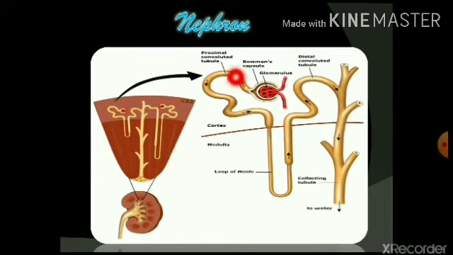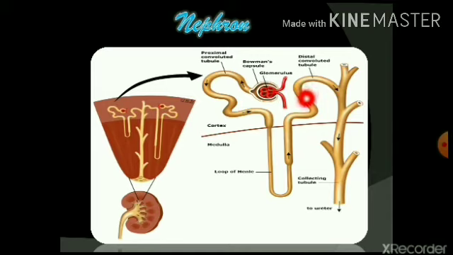And then the next part, we are able to see a convoluted tubule, which is known as PCT. PCT means proximal convoluted tubule. This proximal convoluted tubule will continue into Henle's loop. This U-shaped structure is called Henle's loop. Henle's loop will further continue into another convoluted tubule called distal convoluted tubule. So we have two convoluted tubules, proximal convoluted tubule and distal convoluted tubule. Proximal means the one which is near to the Bowman's capsule, and distal means the one which is distant to